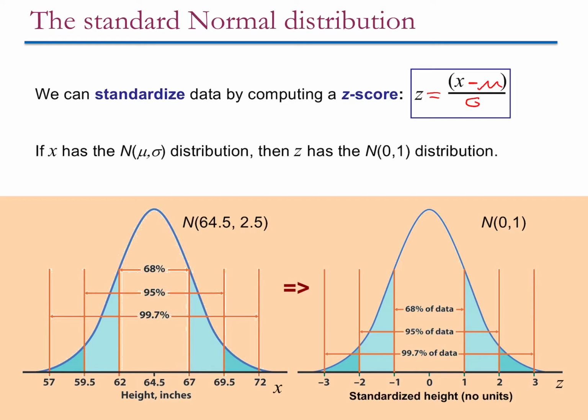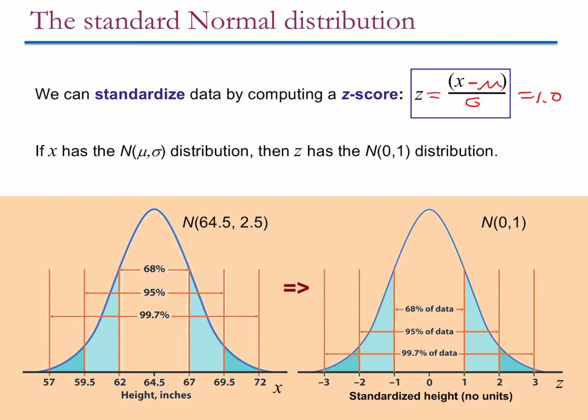A z-score is very useful because a z-score is simply the number of standard deviations away from the mean that a value of x falls. So take a look, for example. Here we have 67 inches. For this population of humans, 67 inches represents plus 1 standard deviation from the mean of 64.5. So if you plug in 67 for x, your mean of 64.5, and your standard deviation of 2.5, you get a z-score of